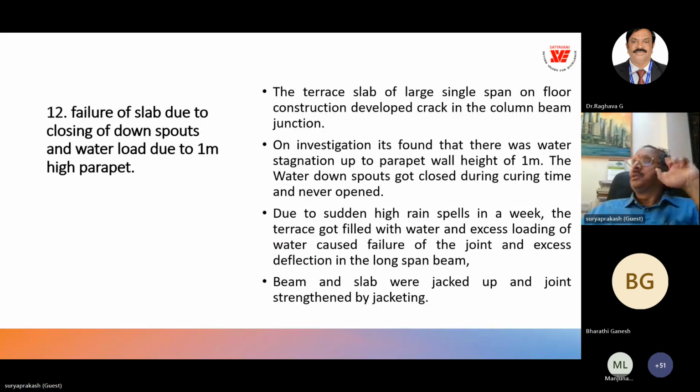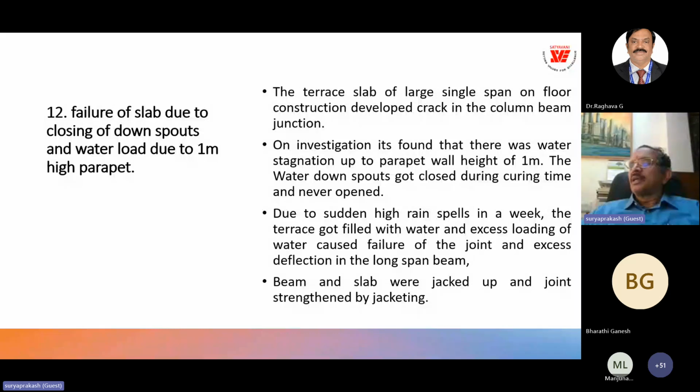This is a very classic case. During the curing time, they close these downspouts and forget to open them before inauguration. Once the building was inaugurated, there was a huge rainfall, and because of that there was a 1 meter water fill on the terrace. Normally we consider a 1.5 kilonewton per square meter load, whereas 1 meter of water is 10 kilonewton per square